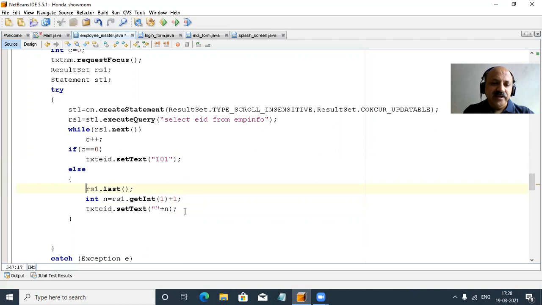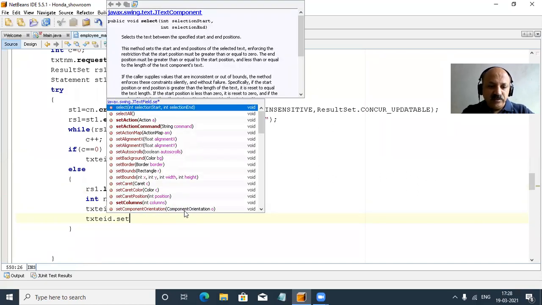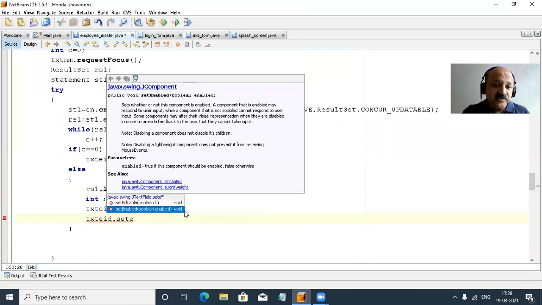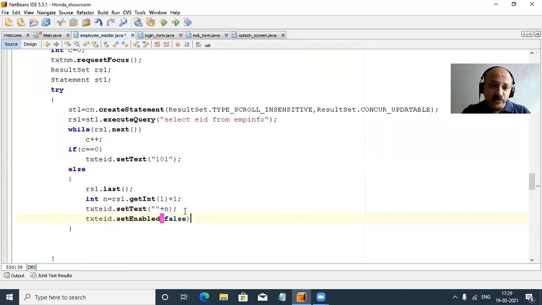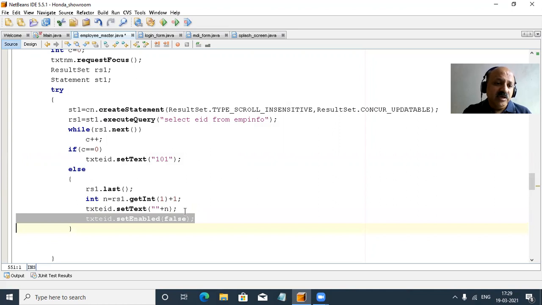And that editable you can also apply to txtEid and set it. I already used that editable in the constructor, so you can also directly apply it here in the add button, but we can apply it in the constructor. In previous student projects, if you watch them, it is applied here in the add button, but I applied it in the constructor, so you can also apply it here. There is no error, so I removed it.